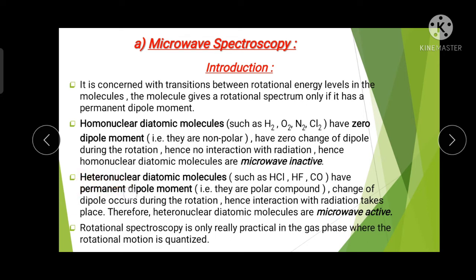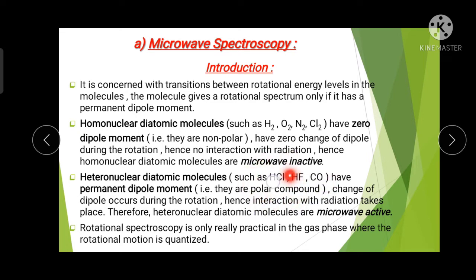Hetero means different, not a single kind, more than one. So here heteronuclear diatomic molecules are diatomic, that means there are only two atoms. Here we consider diatomic molecules that are heteronuclear; in the previous case we considered the homonuclear, but in this case we consider the heteronuclear, such as HCl, that is hydrogen chloride, HF, hydrogen fluoride, and CO, carbon monoxide. Those are all heteronuclear diatomic molecules. Hetero means there are two different atoms, that is H and Cl, here H and F, here C and O.